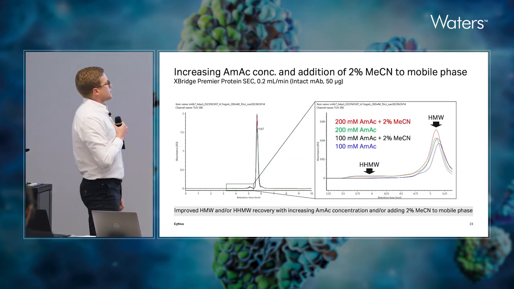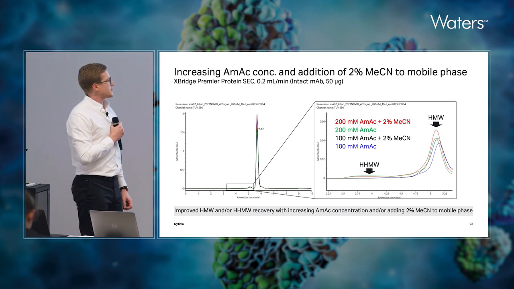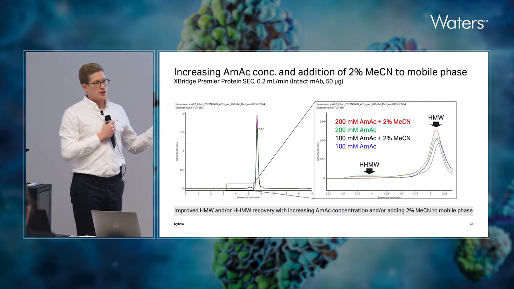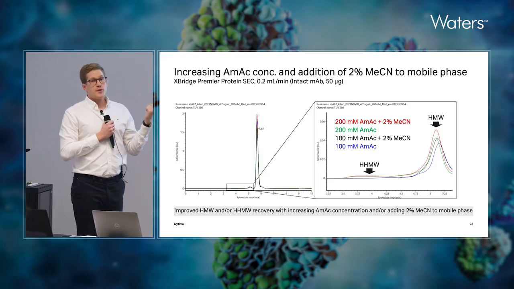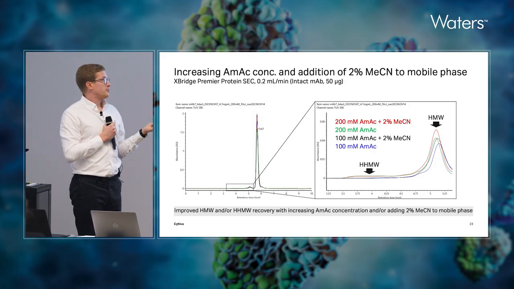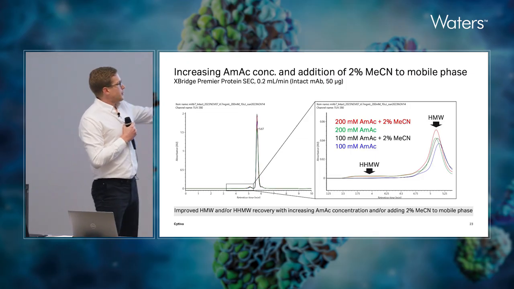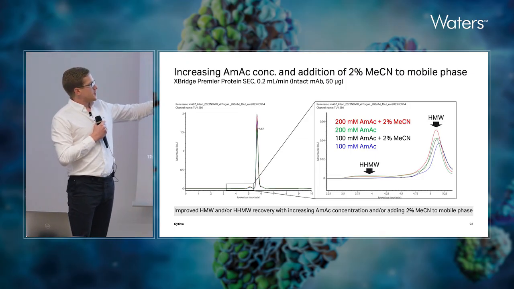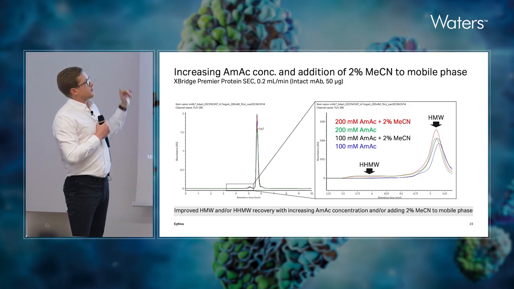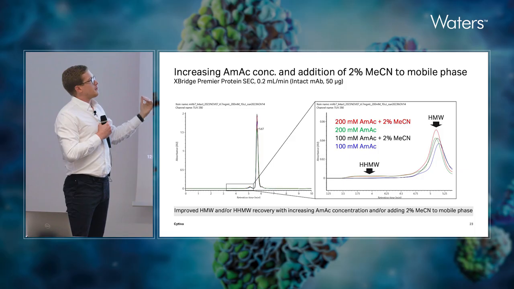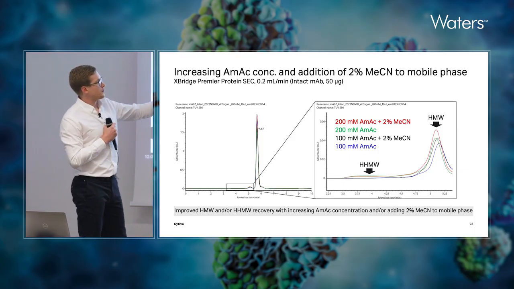Now I will end with just two tips and tricks. To get really nice data with native SEC-MS, for the separation in the LC, you need to have pretty high ammonium acetate concentration. If that doesn't work on its own, you need to throw in a little bit of organic content, for example, acetonitrile. So if we look at the blue trace here, this is going to be ammonium acetate 100 millimolar. This is probably where you're going to start. And then if we look at the most extreme case, I've doubled the ammonium acetate concentration and also added 2% acetonitrile. We're going to look at the red trace.